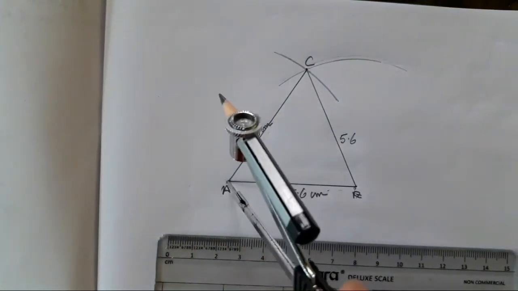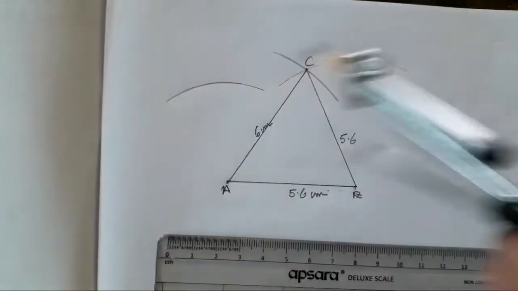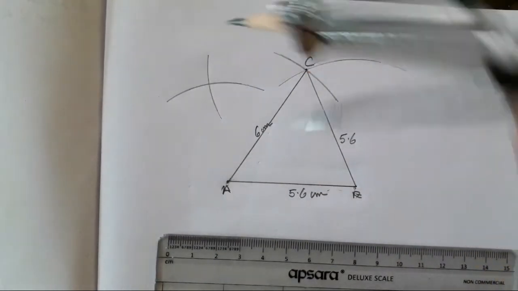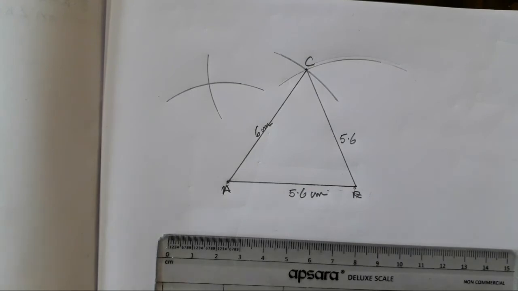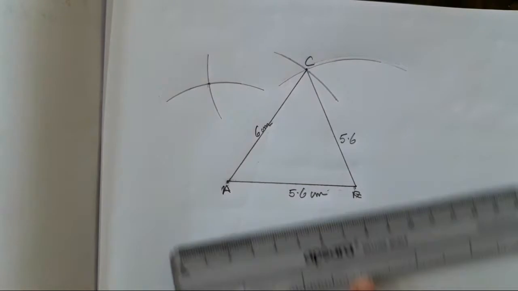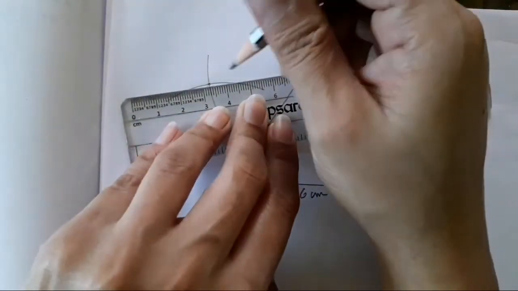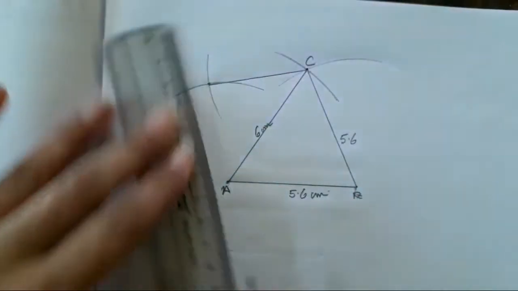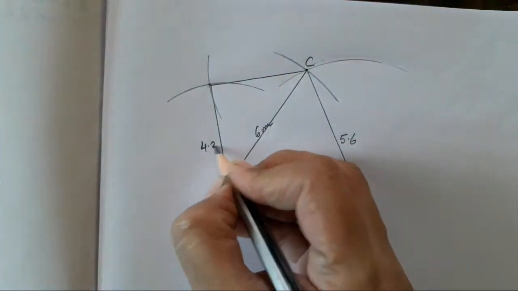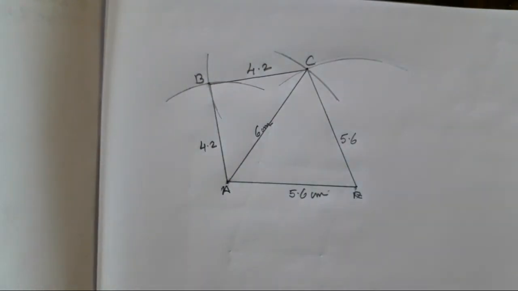Keep the same measurement for both the angles, children. Draw bit bigger arcs; you all can erase them later on if they look too big. You will see that you have got 4.2 from this side and 4.2 from this side also. Now your quadrilateral, according to the given measurement, is completed. This was 4.2 and this was also 4.2. This is point B. I hope everyone has understood it.